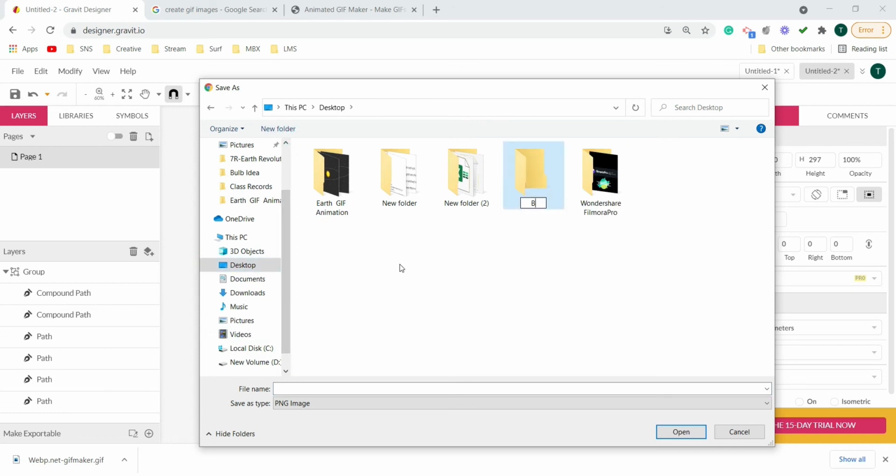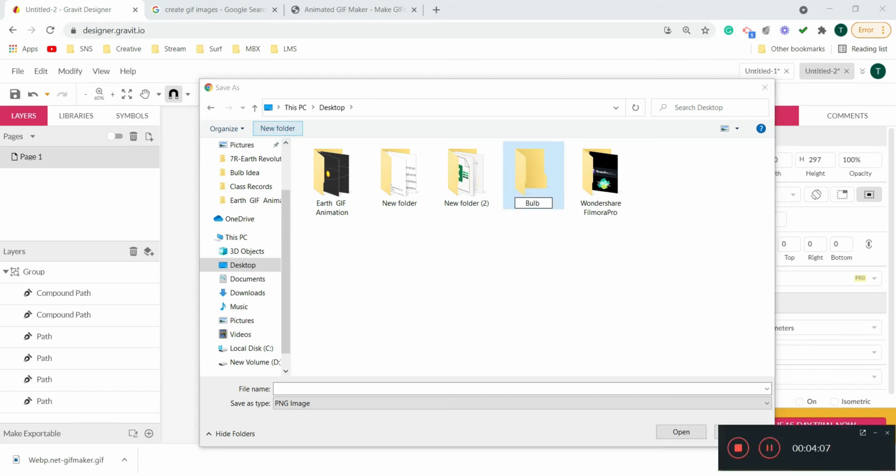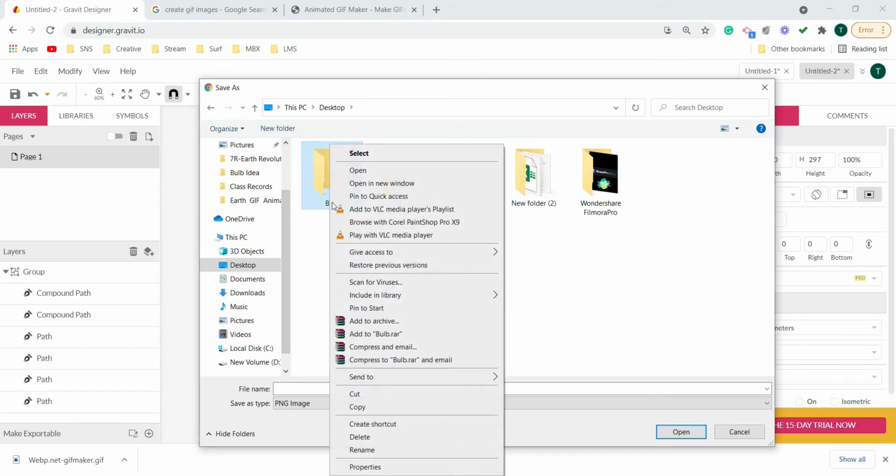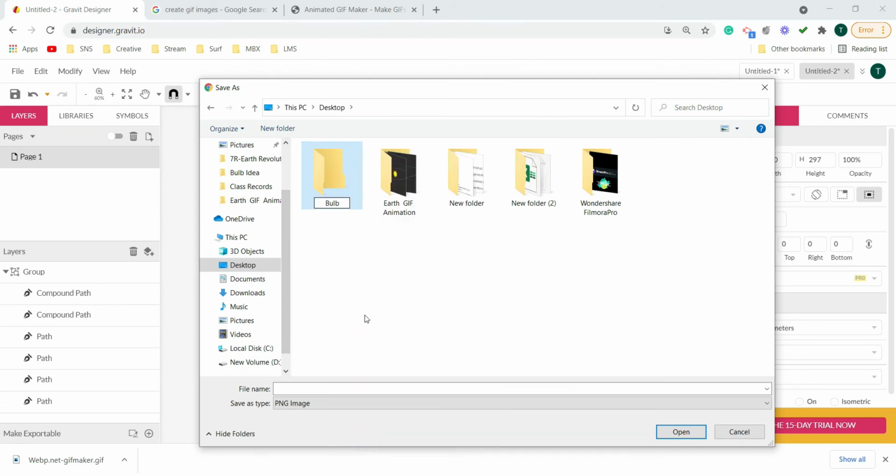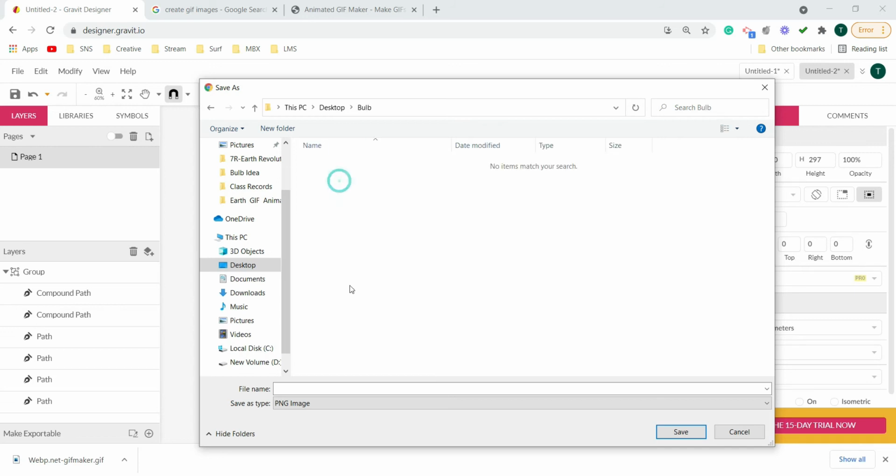Let's say idea. Let's keep the name bulb over here. And I will give this image the name one.